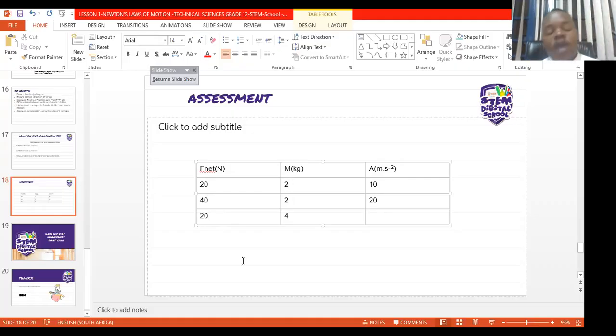Now, if I go and I calculate my acceleration, Fnet is equal to ma. Where I see Fnet, I will put 20. Where I see the mass, I will put 4. And if I work out my acceleration, it will be 20 divided by 4, and that will give me 5 meters per second squared. So now we can see that